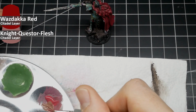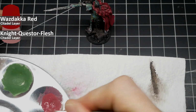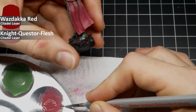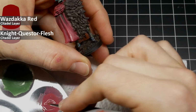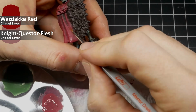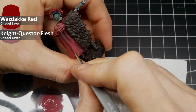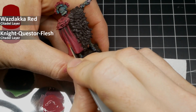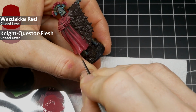This is Night Quest of Flash from Citadel, and mix it 1:1 or in equal parts and apply it like previously, but I start on the lower third roughly of this cloth and apply it on the folds on these small edges. And in addition, I apply some vertical or diagonal lines to give it the appearance of torn fabric. Some small scrapes and defects in the cloth would be applied to give it a more